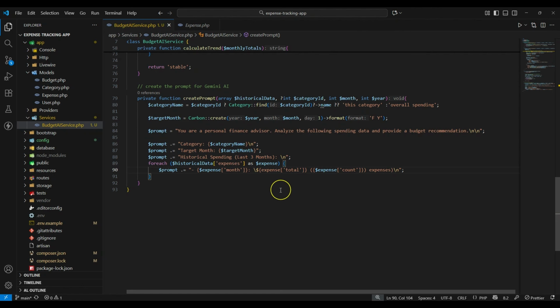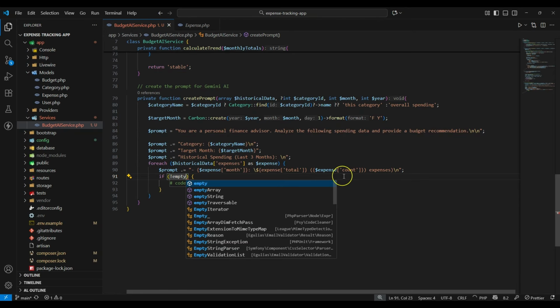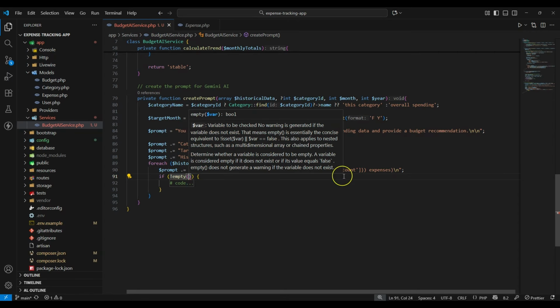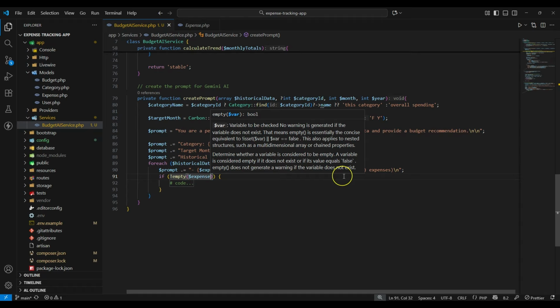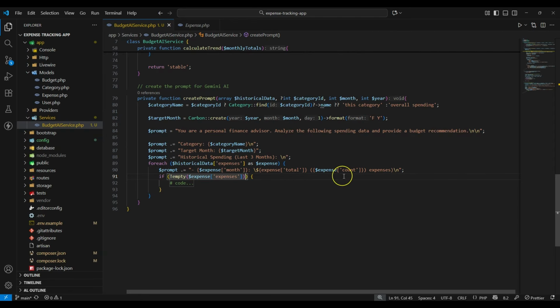Okay. So this is the way that we are going to add that in our prompt, and then we are going to have an if condition. So in this if condition, we're just going to check if it is not empty here. Let me just show you. In expense, then we are going to say expense. Okay. If it is not empty, what we are going to do, we're going to append the prompt in this way. So top items, then we're going to say